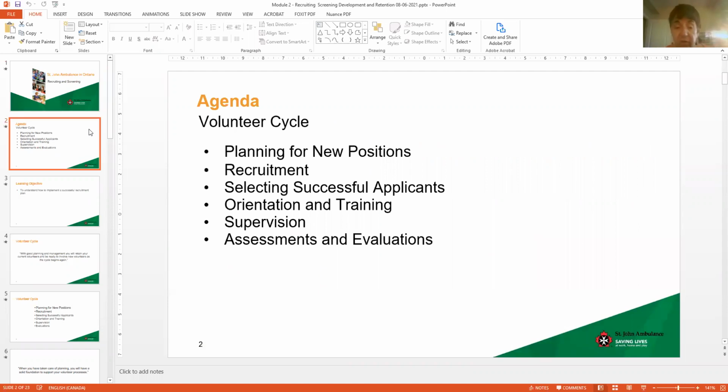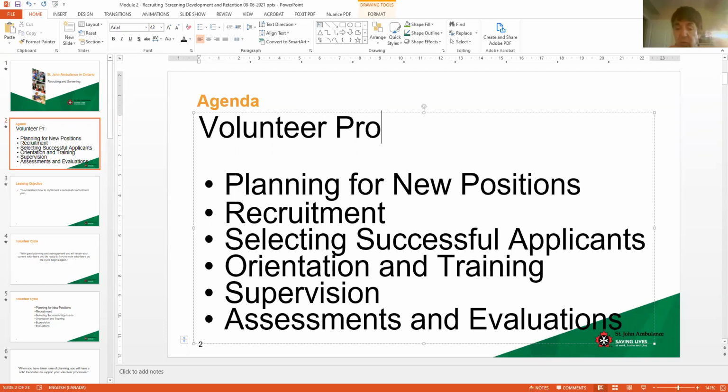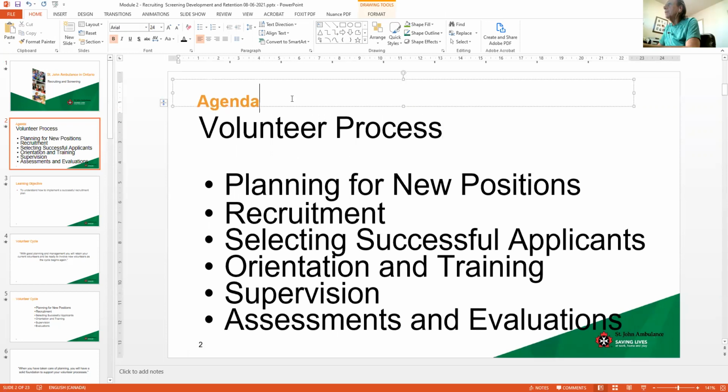Okay, I think it's good that, again, just to space down, volunteer cycle. I don't know what that means, but I didn't like that, and I'm going to change it again. I don't like cycle. It's a process. It's continuous. I don't know what it means. When they say volunteer process,